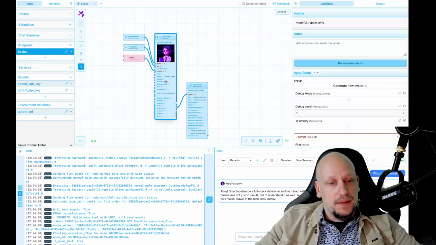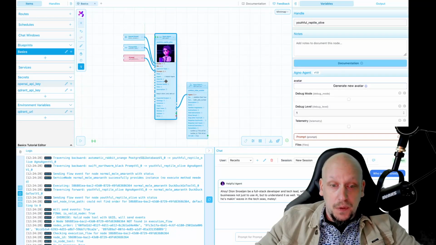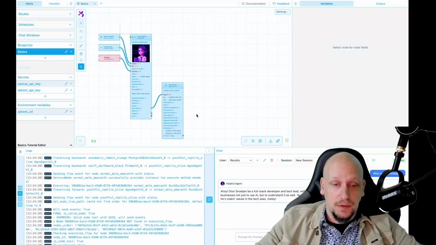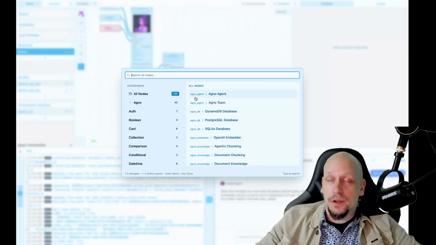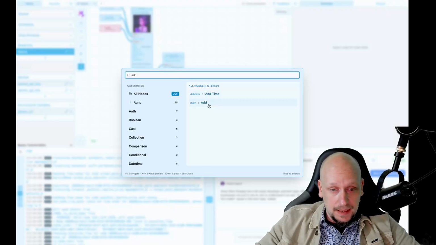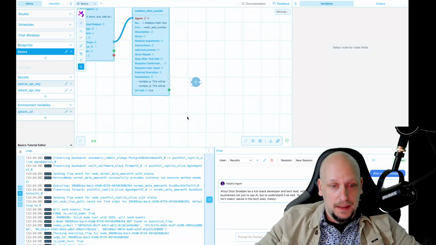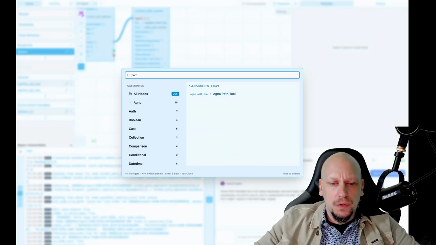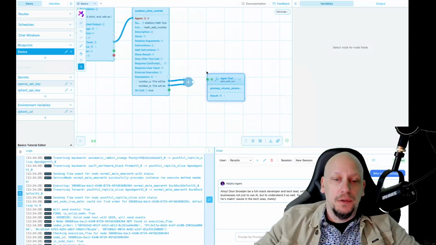Now we have given this agent the opportunity to call this math add numbers tool when it thinks it's applicable, but it's not doing anything yet. I also want it to actually work. So let's add a very simple math node here, and I'm just going to connect those two numbers, and I'm going to the path tool, what was it again, results. Oh yes, Agno tool result,